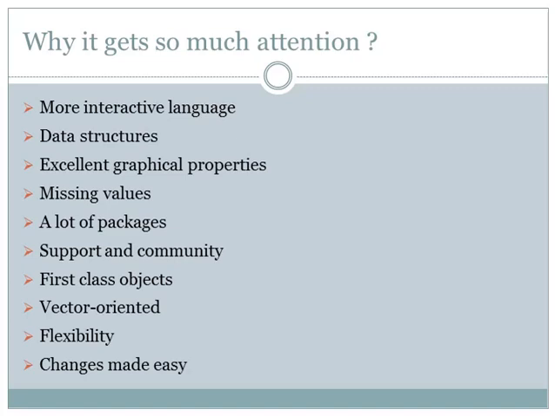A lot of packages. R has a lot of packages that allow you to add your own functionality to make you unique. These packages help you to do extraordinary things with R. Support and community. R has a very supportive community which helps to improve data analysis done through the R language. Then first class objects. Objects here means functions like mean and median, and you can shift between the functions more easily in the R language. Vector oriented. Objects in R are considered as a whole rather than treated as a collection of individual numbers. So for example, if you want to change the volume from liters to milliliters,